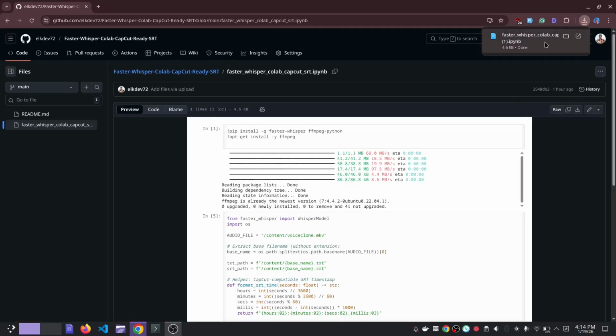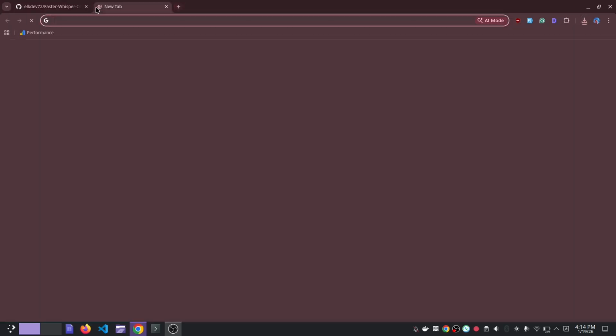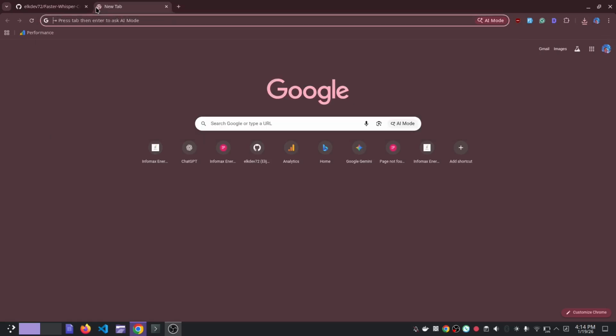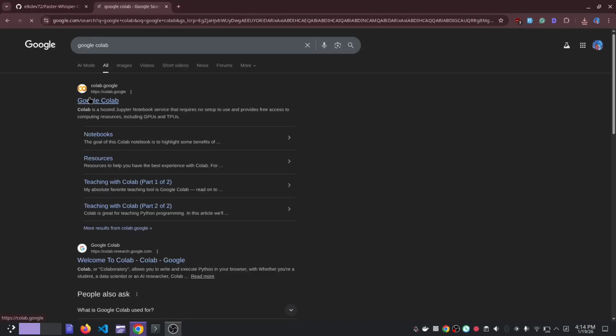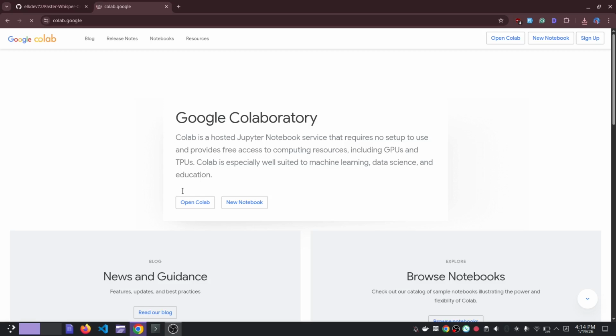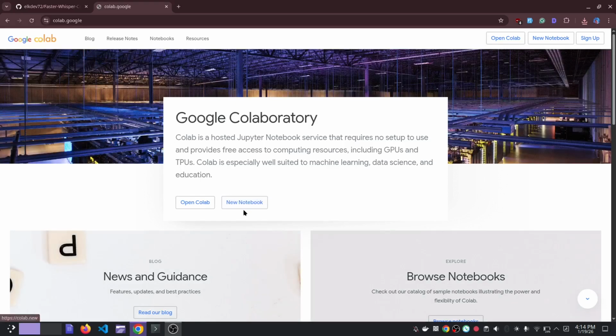So once you have your download, you can go to a new tab, search Google Colab. First thing that pops up, click on that's colab.google.com. Okay, you can open new notebook. Give it a while to load depending on your internet speed.